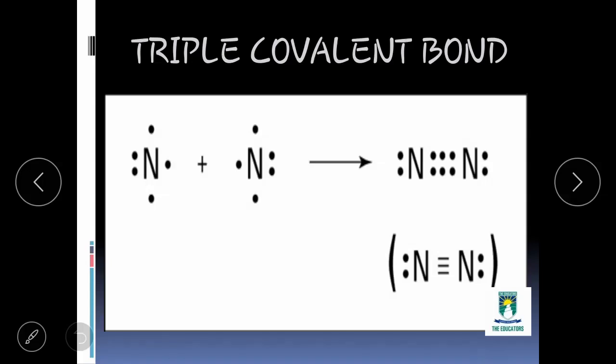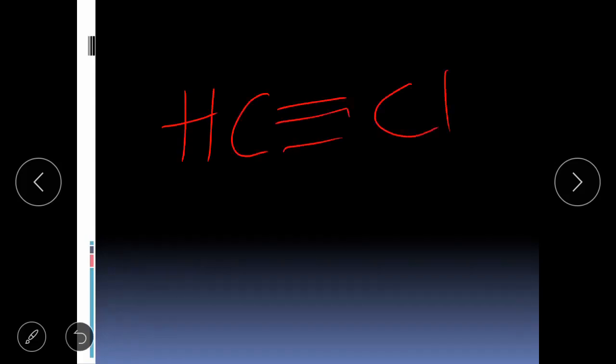Students, I am taking the name of these pairs. Keep this in your mind that one pair will contain 2 electrons and 3 pairs means 6 electrons. Okay, so what are the examples of triple covalent bond? For example, if you have CH triple bond CH, this is an example of a triple covalent bond.